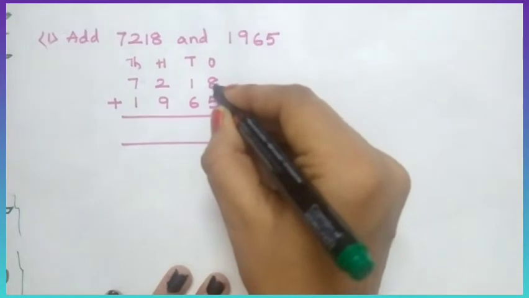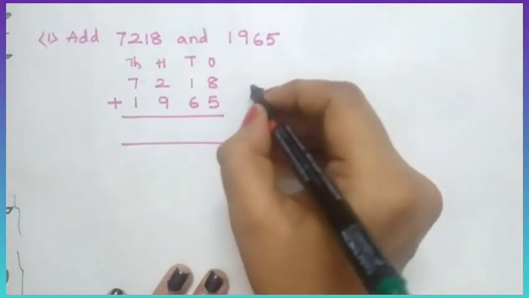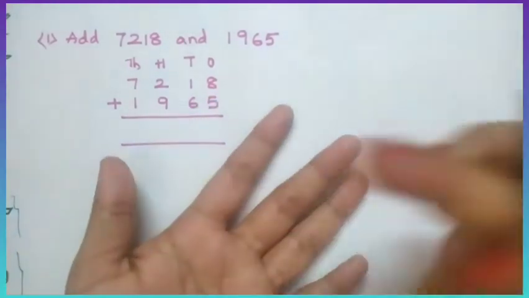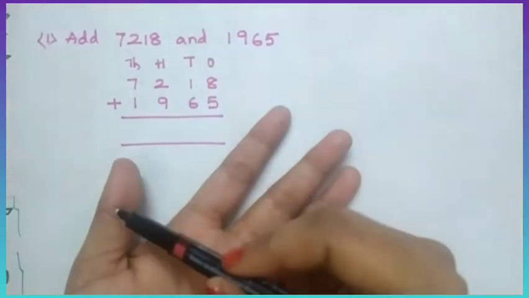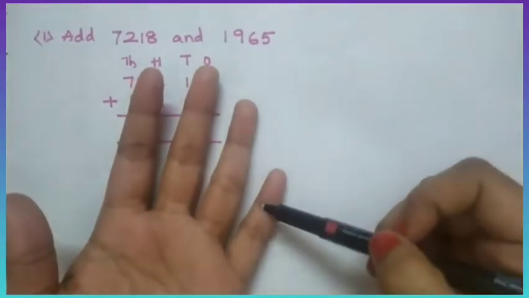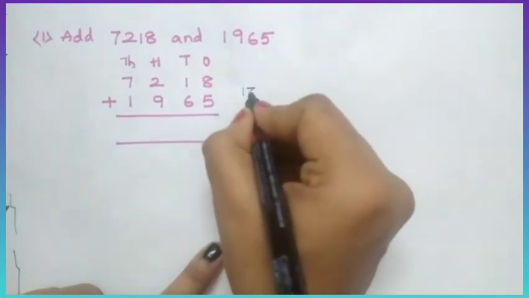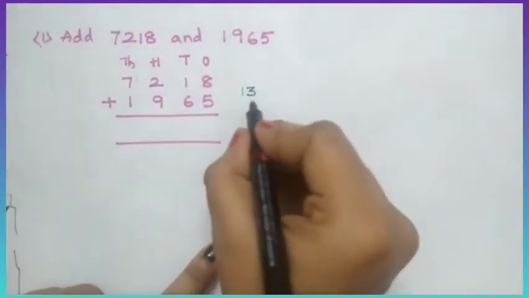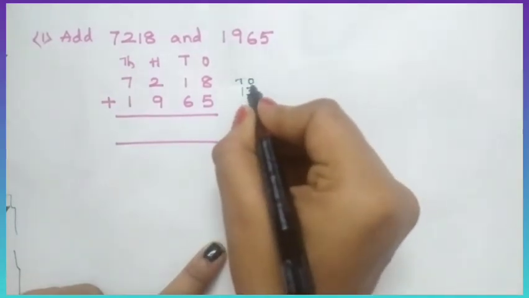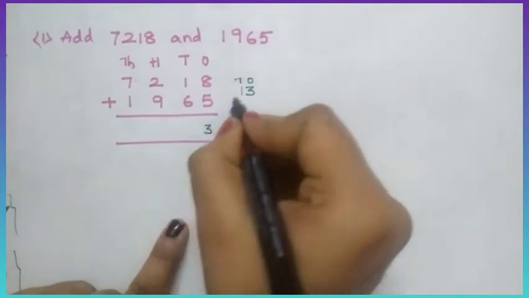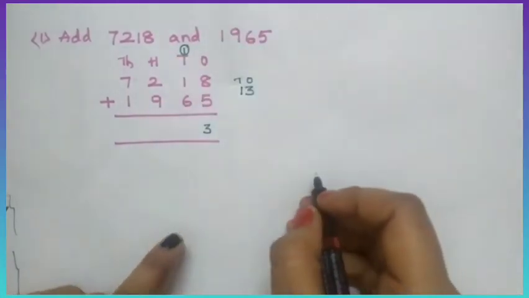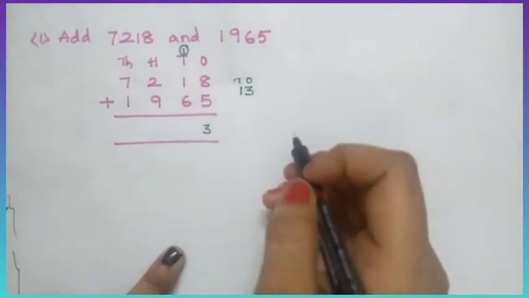Look, this is in your mind now. And what is the other number? 5. So we'll count, take 5 fingers. 1, 2, 3, 4, 5. Now 8, after 8 what will we get? 9, 10, 11, 12, 13. What we got? 13. 13 is a 2-digit number. So the digit in the ones place will be written here and the digit in the tens place is taken as carry. So 3 here, 1 taken as carry.